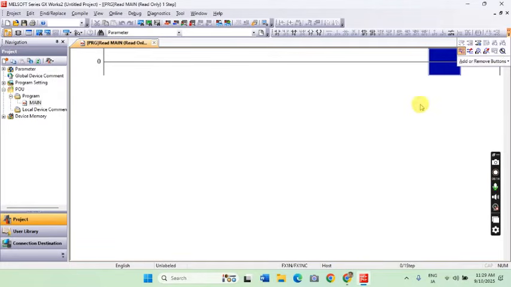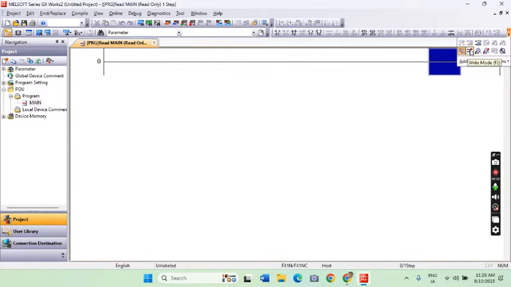How can we access this again? Sometimes this is visible in this area, but if it's not visible, just click on this one and you can see the read mode and the write mode. The read mode is highlighted, so we need to switch to the write mode.